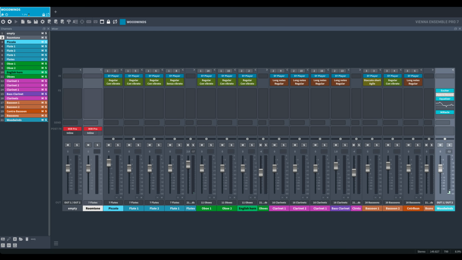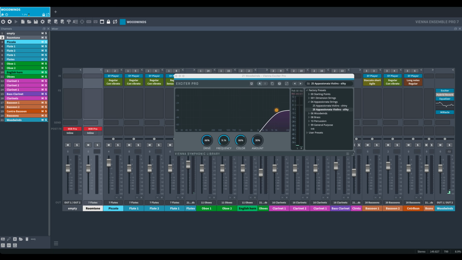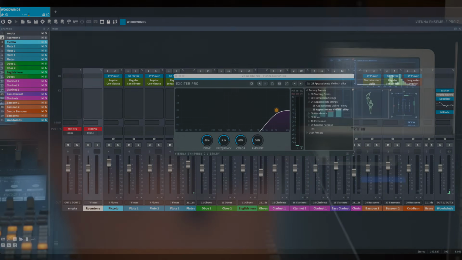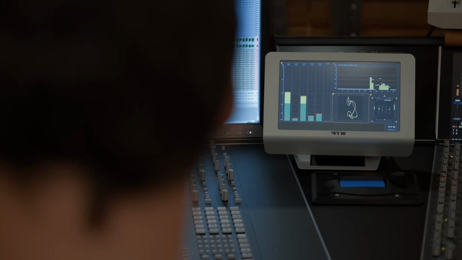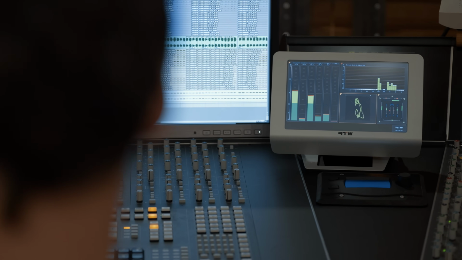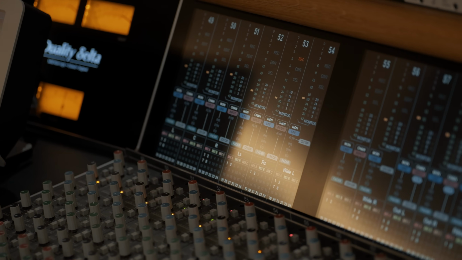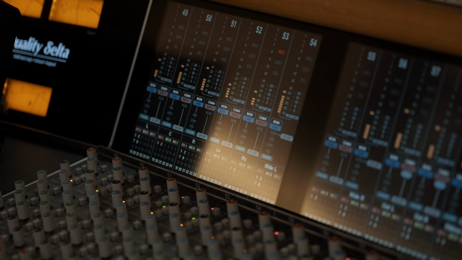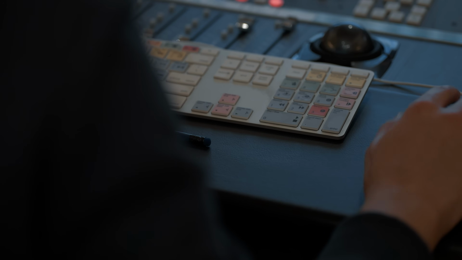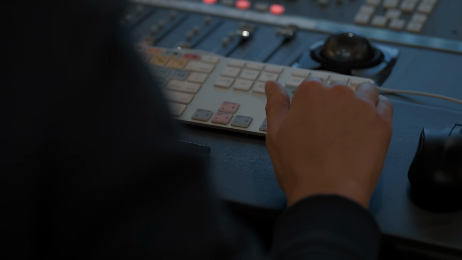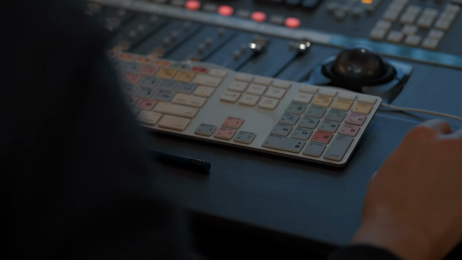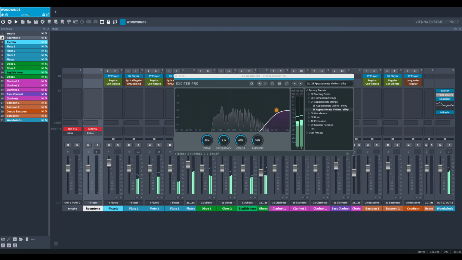Every time I mix a mockup, I tend to use the same plugins and presets. I always add an exciter to the master channel, which comes with Vienna Ensemble Pro 7. When samples are edited, they always must be denoised, otherwise the noise floor will be increased with every instrument you add. The side effect of noise reduction is that you lose a little bit of high-frequency information, so I'm adding it back with the exciter.